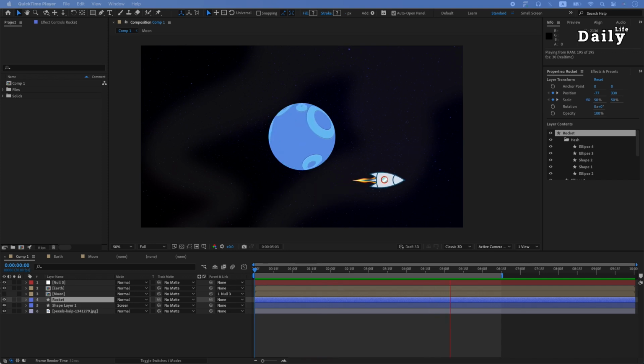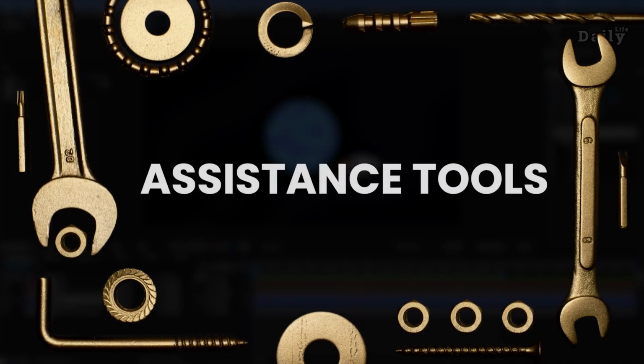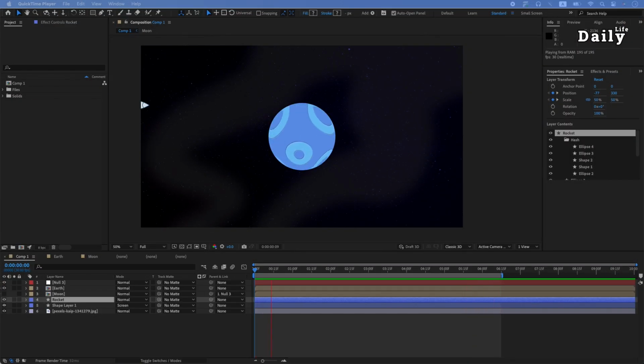In this short tips and tricks video series, I'll introduce you to some powerful assistant tools in After Effects. These tools make motion design easier and save time, allowing you to achieve fantastic results quickly. In the first episode of this series, we'll explore the Auto Orientation tool. Let's take a look at Auto Orient Along Path.